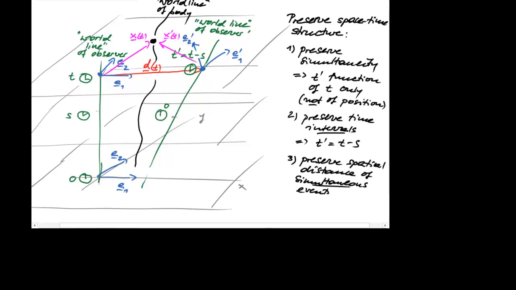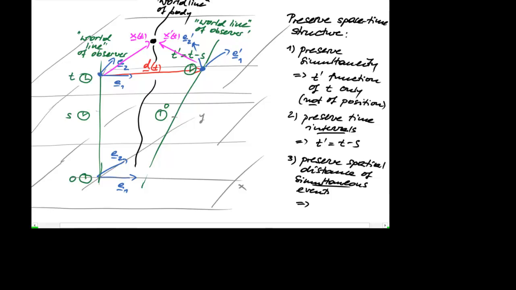Now, attention, it's important to limit that to simultaneous events. Because if we have two events at different times, then again, each observer can calculate the spatial distance between these events, but they don't have to be equal. Now, this implies,